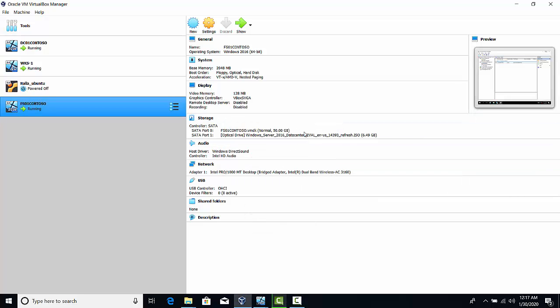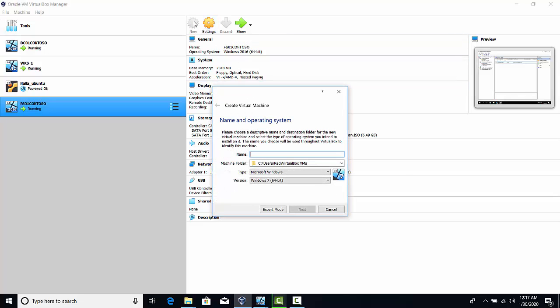Hi guys, today we are going to learn how to install Internet Information Server, which is IIS server. To do that, we'll have to install a virtual server from scratch and then connect it to the domain and install the IIS roles. So to do that, let's go ahead and click New, and then our server name would be